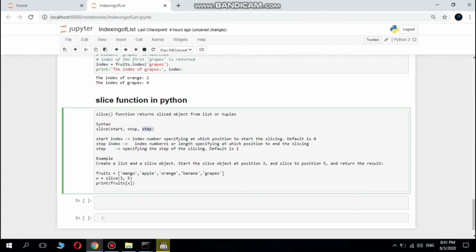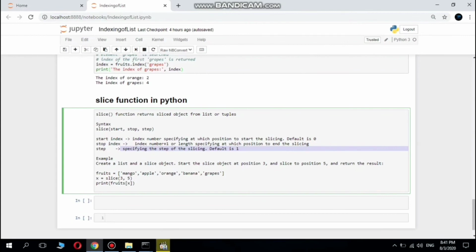Here we need to give the start index number, specifying at which position to start the slicing. The default is 0. The stop index number plus 1 specifies at which position to end the slicing, similar to the slicing of a list. Step specifies the step of slicing, and the default is 1.